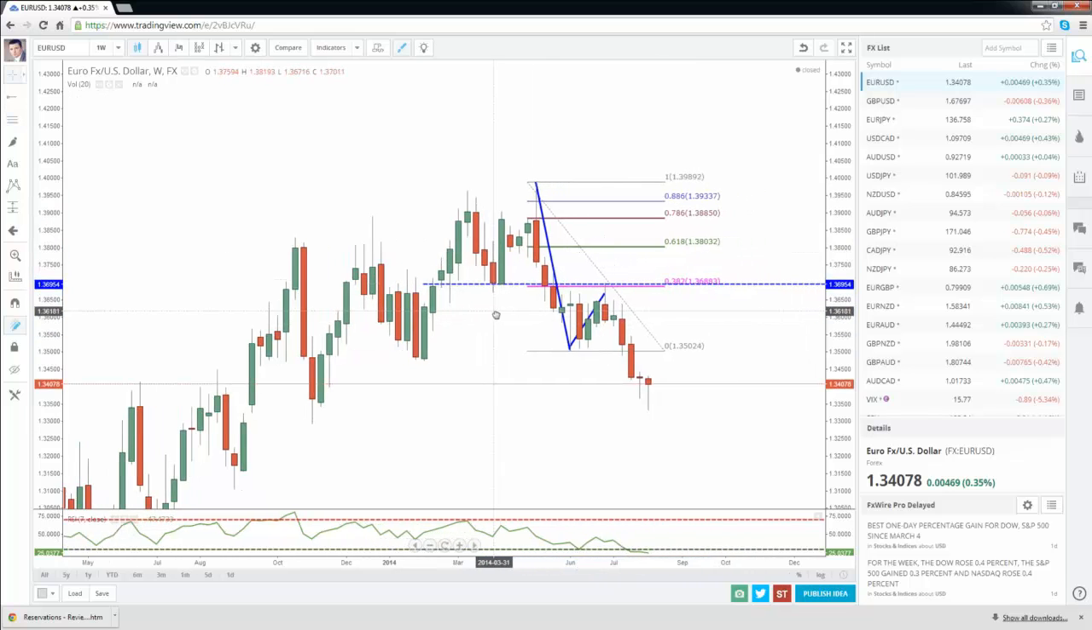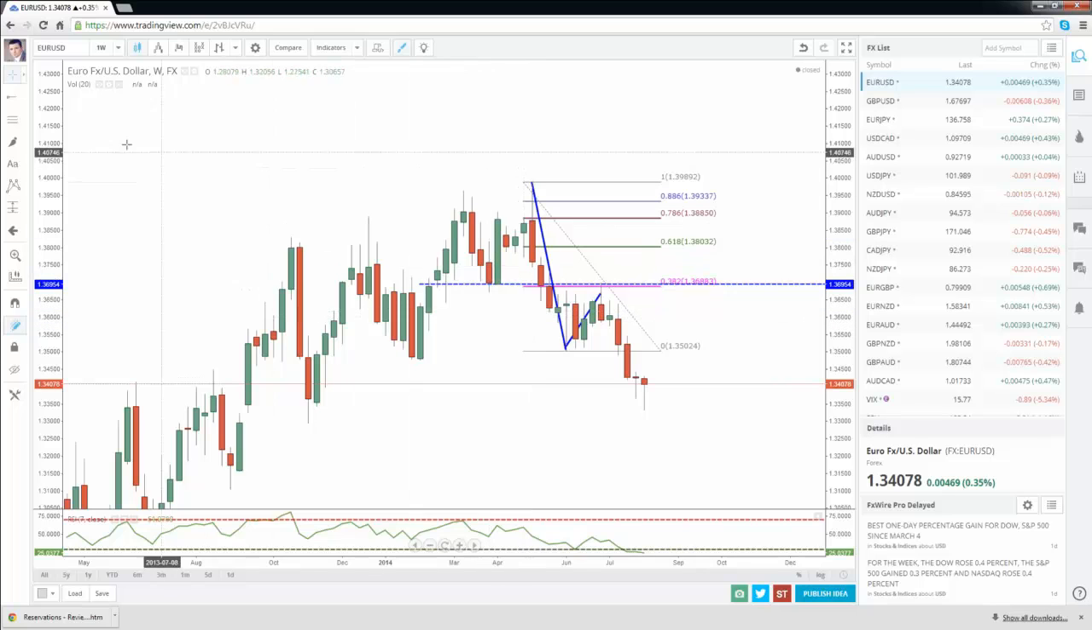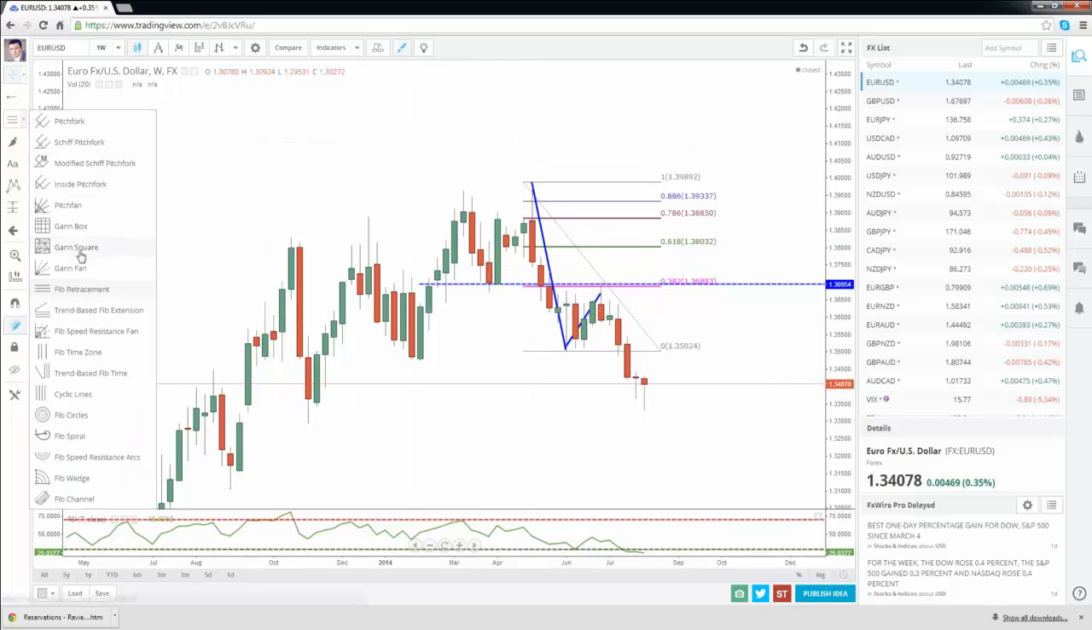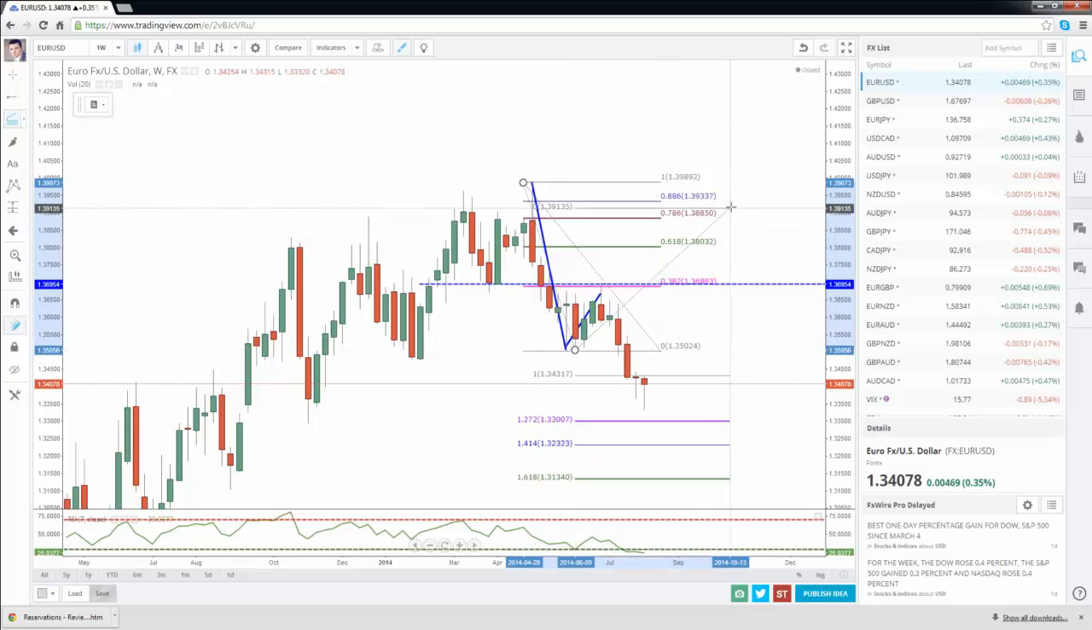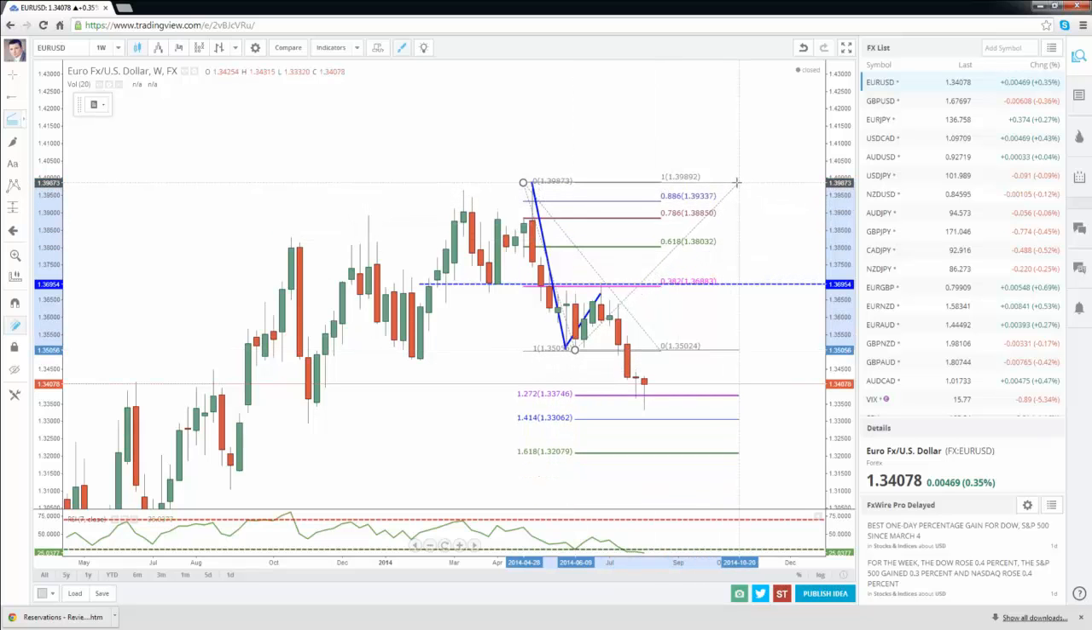And we know based on that, what are we looking for? Well, roughly a 127 extension of that move. So I'm going to grab my Fibonacci extension tool, and I'm going to use the same leg. I'm going to go swing high to swing low and back down in. And what you're going to notice is that 127 extension coming in right at that structure level,